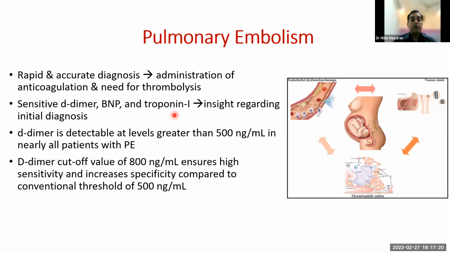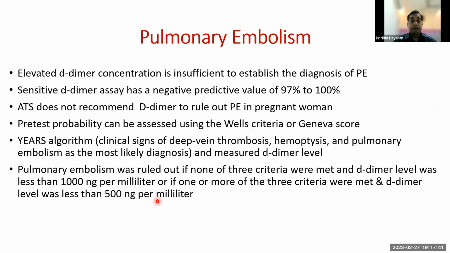D-dimer is detectable at levels greater than 500 nanograms in nearly all patients with pulmonary embolism. But in pregnancy, in which it is already high, a D-dimer cutoff value of 800 nanograms ensures high sensitivity and increases specificity compared to the conventional threshold of 500 nanograms per ml. But an elevated D-dimer value alone is insufficient to establish the diagnosis of pulmonary embolism. It has a very good negative predictive value, around 97% to 100%, but the American Thoracic Society does not recommend D-dimer to rule out